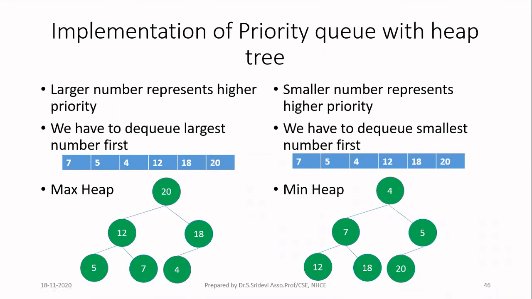I am assuming that here the number is representing the priority. Sometimes you can have the number as a separate entity and the priority as a separate entity. That is also possible, but now I am assuming the number is representing the priority. Here 20 is the largest number, which means it should be deleted first. When I delete by means of the array, when the element is appearing in the middle, you have to search through the entire array. You have to find out which has the highest priority, then delete it. After you delete, you have to move the remaining elements to their proper position.